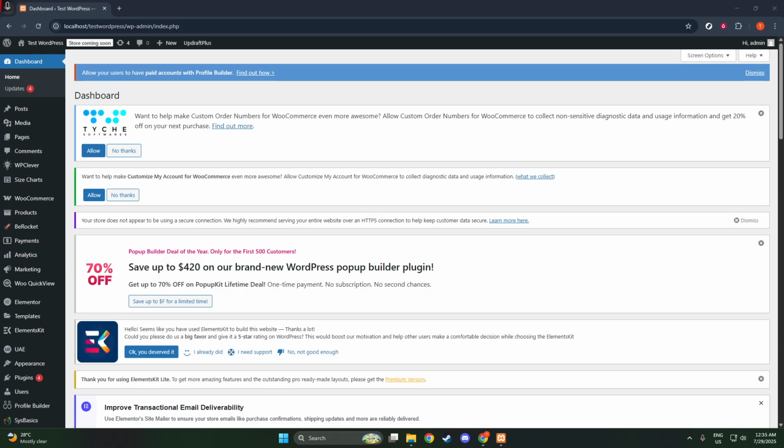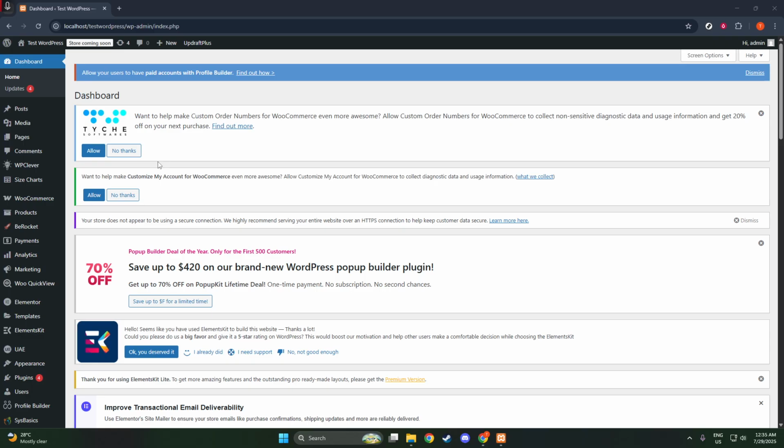First, you'll need to navigate to your WordPress dashboard. This is your main hub for all things WordPress, and where you can manage everything related to your website, including your WooCommerce store. If you're not already logged in, go ahead and do so with your admin credentials. Once you're logged in, you'll see the WordPress dashboard in front of you. It's sometimes a little overwhelming due to various menus, but don't worry, we'll focus on just what we need for